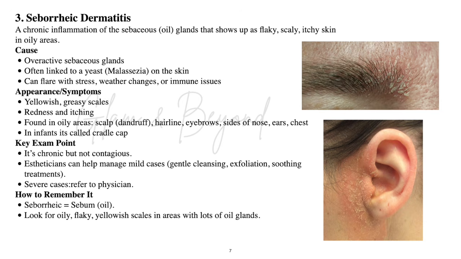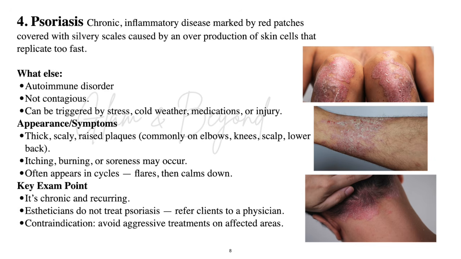Estheticians can help manage mild cases by gentle cleansing, exfoliating, and soothing treatments. Severe cases obviously should be referred to a physician. How to remember it? Well, seborrheic, think sebum, oil. Look for oily, flaky, yellowish scales in areas with lots of oil glands. Seborrheic dermatitis. Number 4, psoriasis, a chronic inflammatory disease marked by red patches covered with silvery scales caused by an overproduction